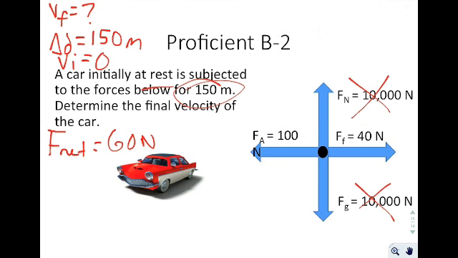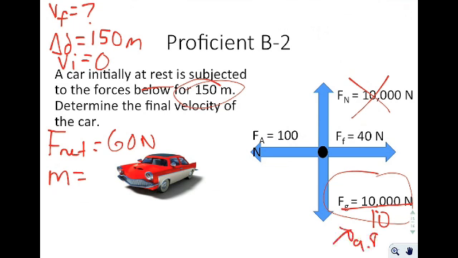Now, I can figure out what the mass of this particular object is by knowing that I have the weight. The weight, remember, is mass times gravity. So when I divide this by, we'll do it by 10. Your teacher may want you to do 9.8, but let's just say 10 for now. If I divide by a gravity of 10, I end up getting 1,000